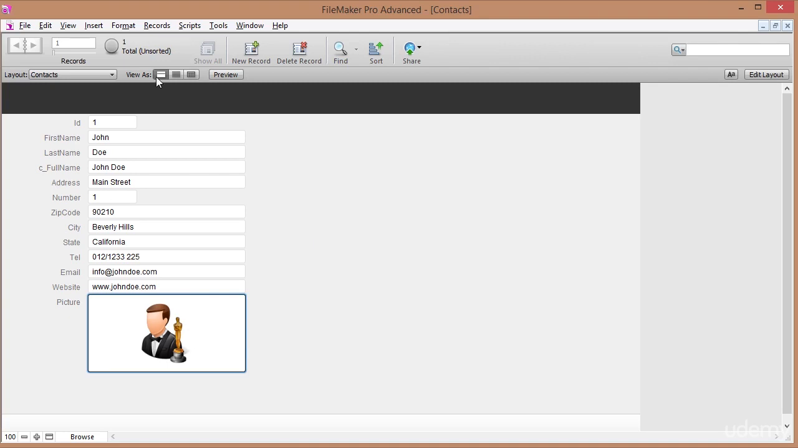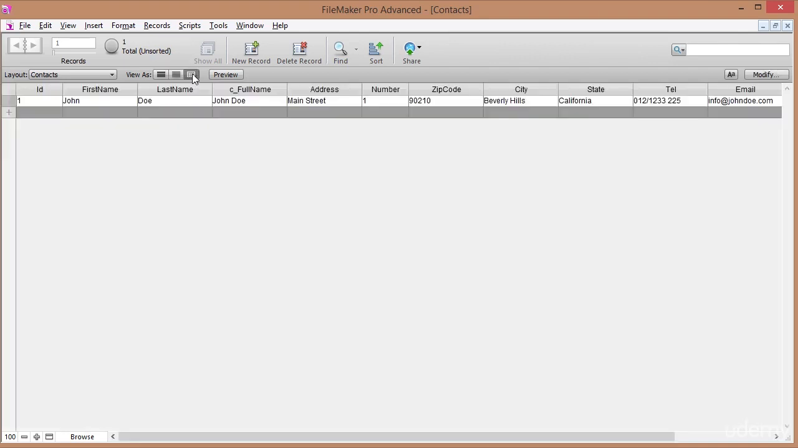Now we've got different ways to look at this layout. We are now in form view, but we can also go in table view. If we click table view, then you can see it looks a little bit like an Excel sheet. You can make these a little smaller if you want, but you've got all your data in here. Now what I like to do is always keep my original table